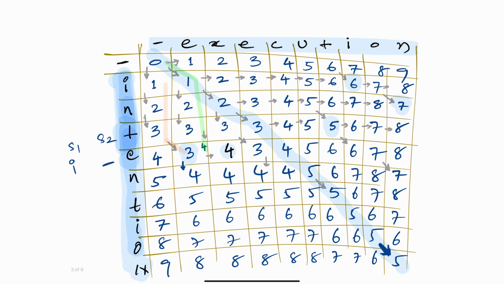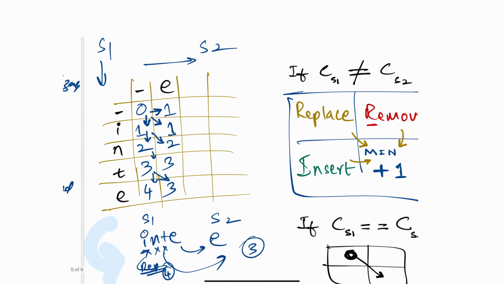Take the best value out of these 3 cells to move to this cell. So what is that? It is an insert operation. This is delete operation. This is replace operation. This is how we can solve the problem. Let me jump on the coding part. How we can perform the coding for